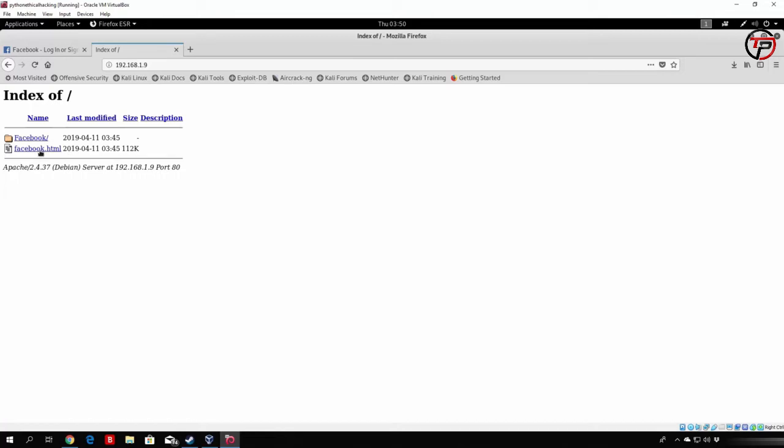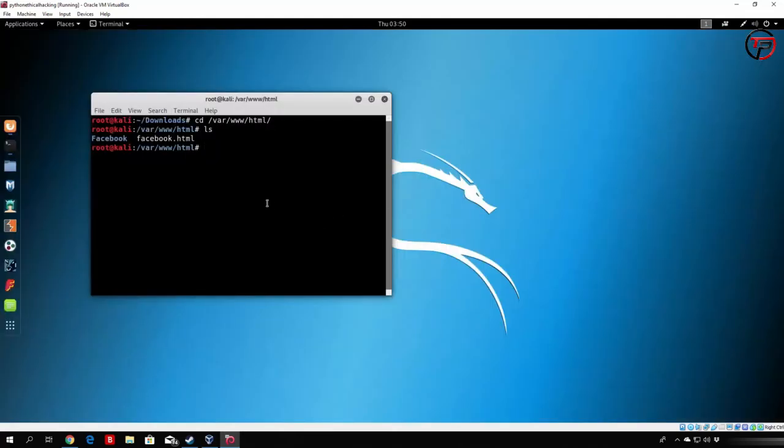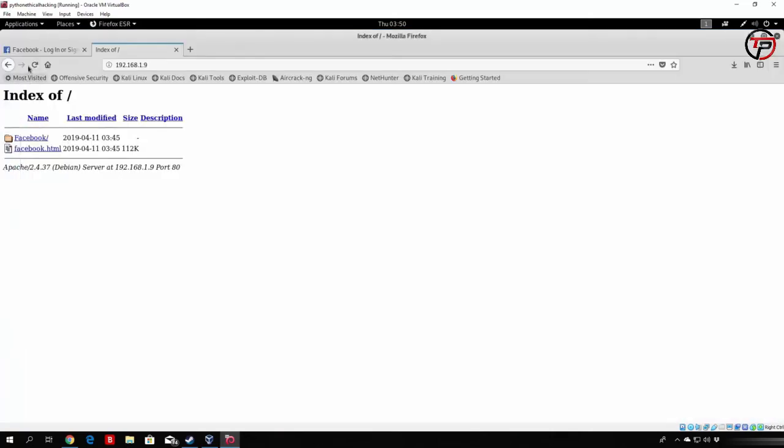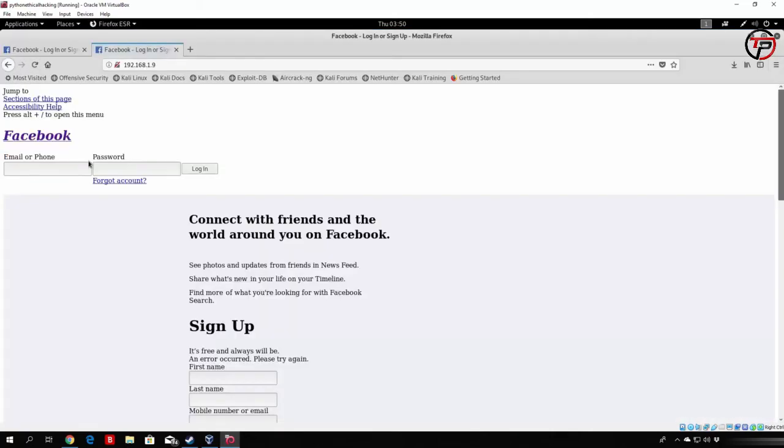Since the Apache 2 web server on Kali Linux can only serve the page once the main HTML file is named index.html. It cannot be named anything else. So let us do that. Move facebook.html into index.html. And once again, if you reload the page,